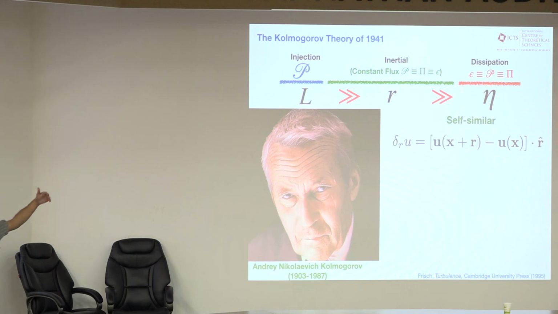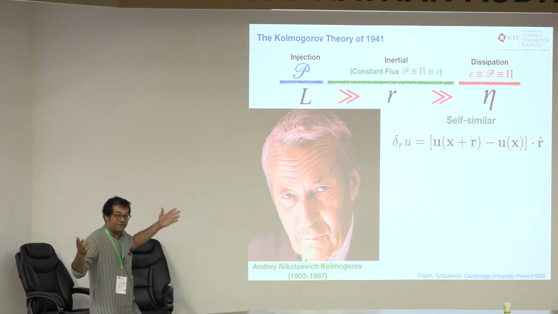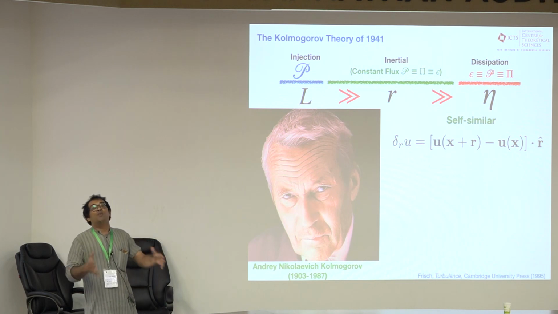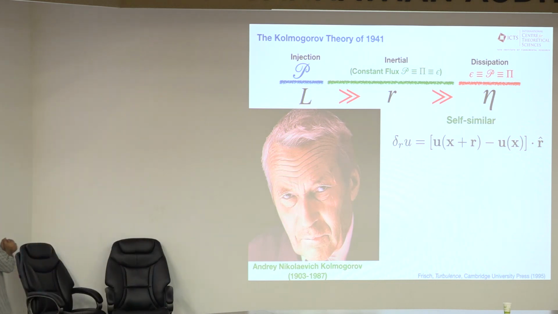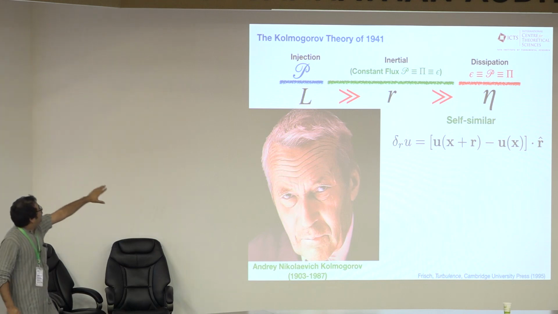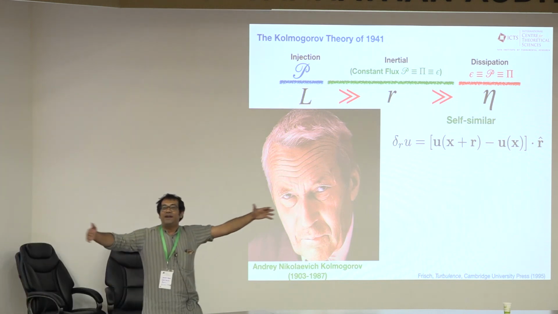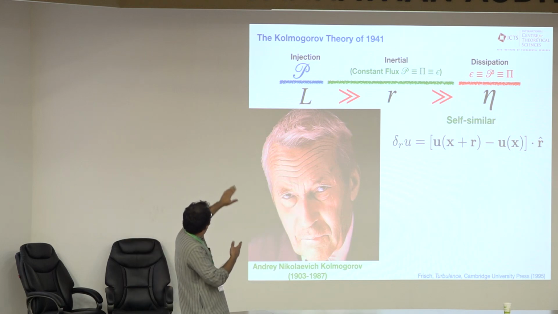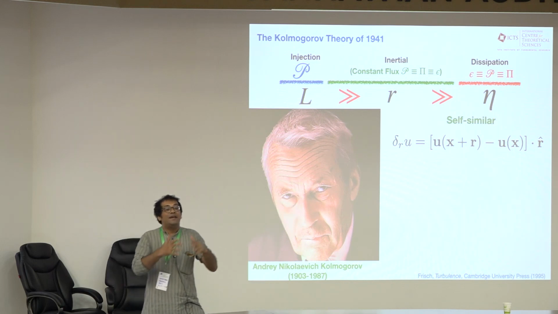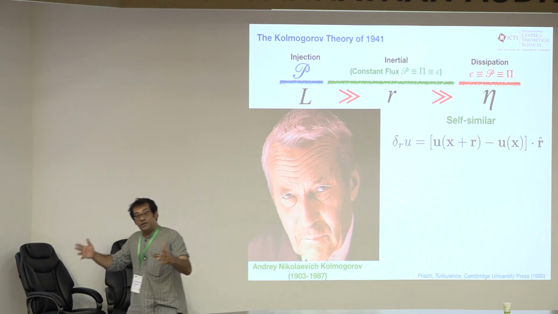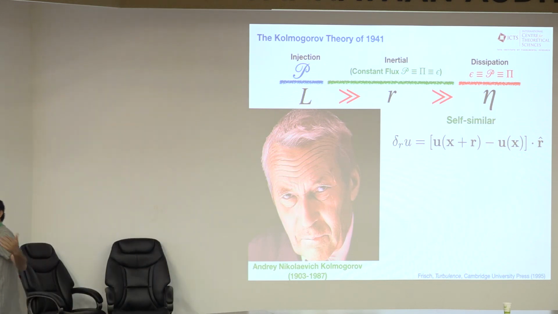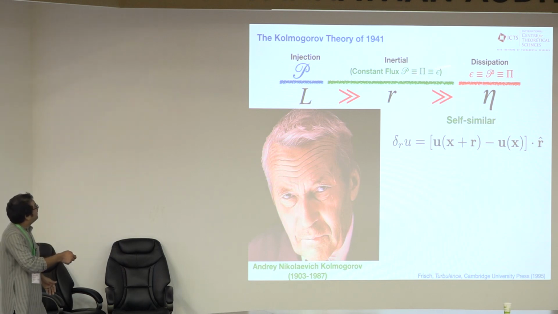This idea was then taken up by Kolmogorov in '41, and that's the standard framework in which people like us like to work. Kolmogorov used that idea to say, all right, there is energy injection, there is dissipation, and on average, these happen at very different length scales. So the energy which is injected then cascades, to use Richardson's words. There's a constant energy flux, which then gets destroyed by viscosity. Hence, you have the relation, the mathcal P equal to pi,